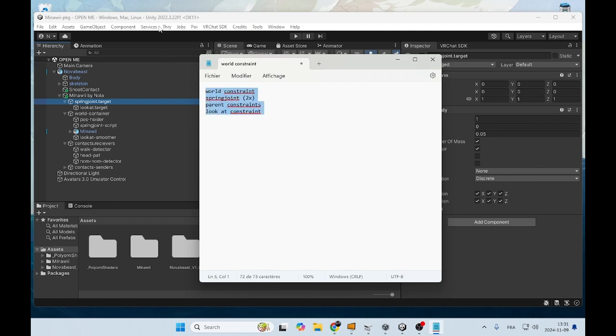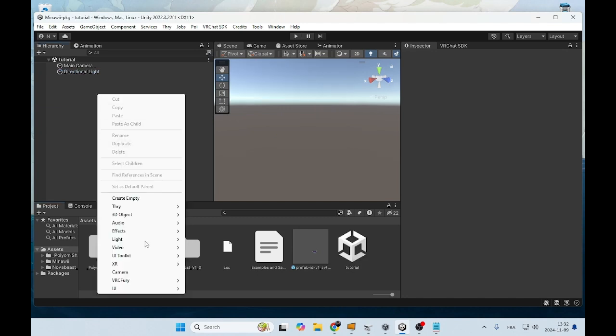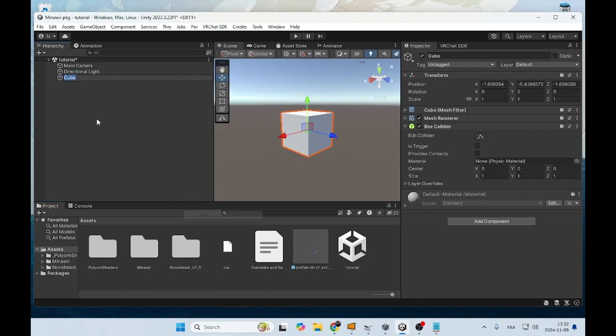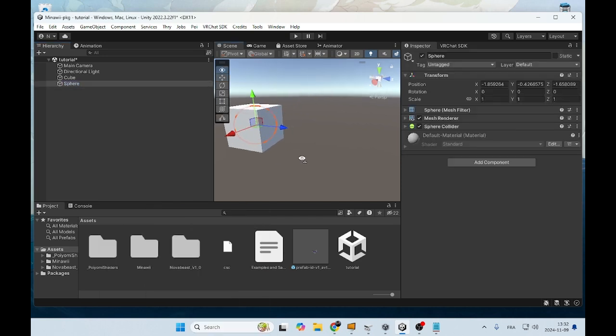So in this video, you'll learn about all four of these things. And it's not as hard as it looks. You just need to understand how each component behaves. So for example, if I open a new scene, if I create a new scene with a cube and a sphere,